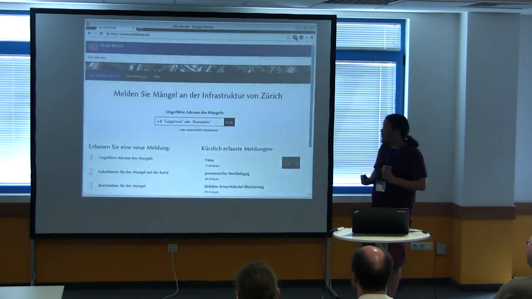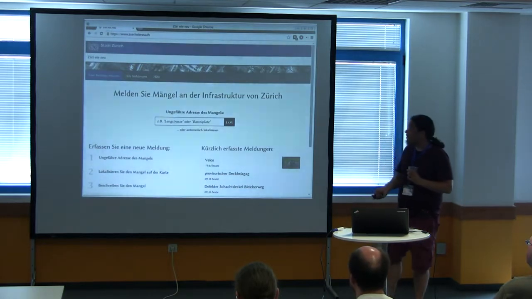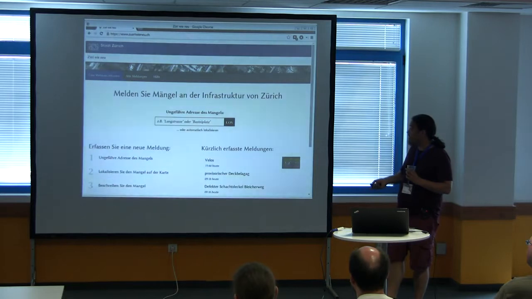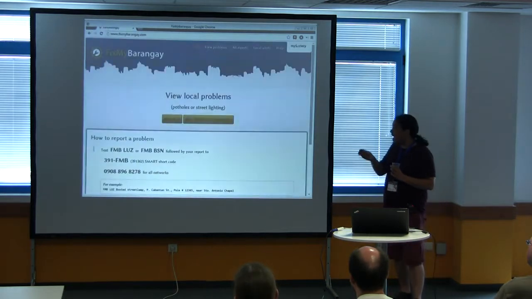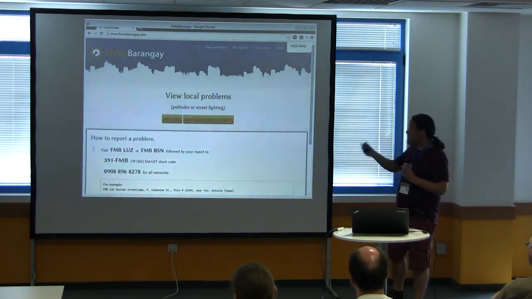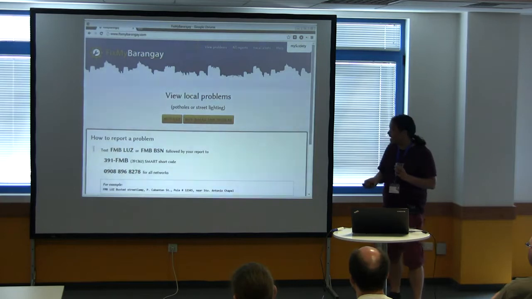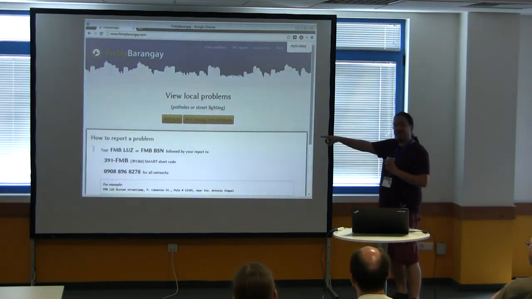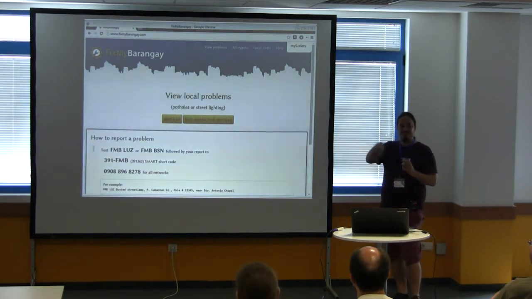So before I go into the new code, here are just a few examples. Zurich paid us to do a custom website for them. We got some money from a charitable organization, I think Google, to create a website in the Philippines. We didn't even bother with the geocoder because it's so small that you basically want to say it's on this island or it's on that island, and then you navigate.